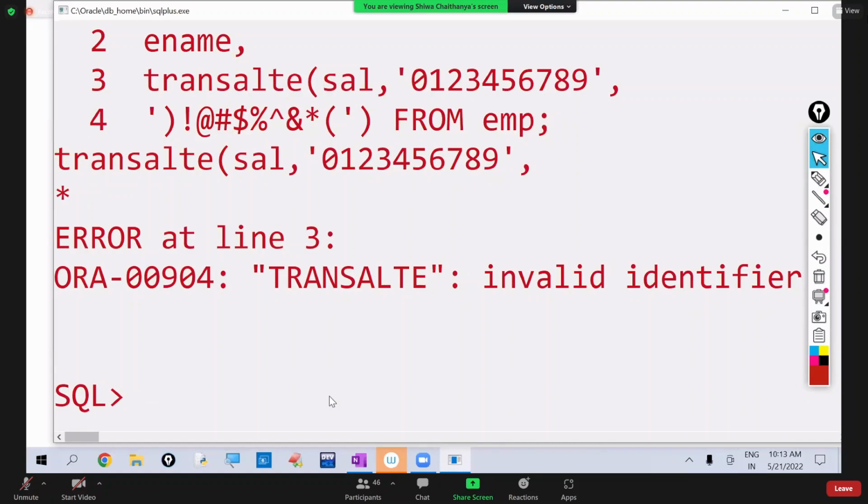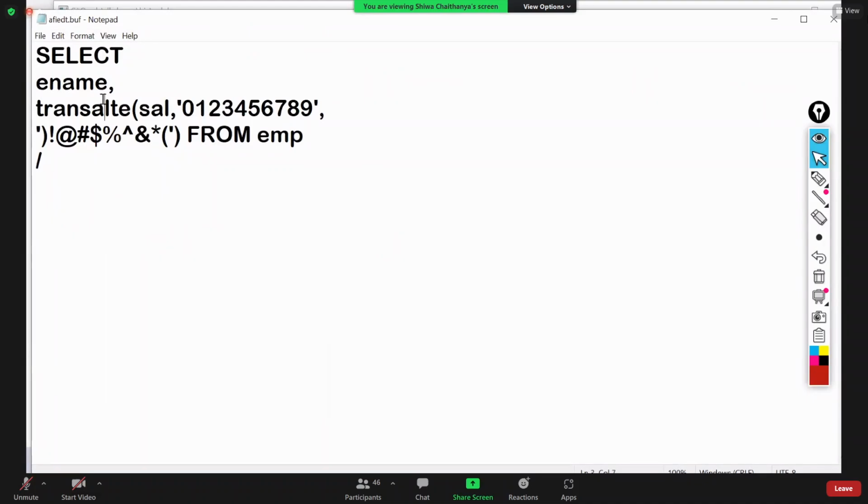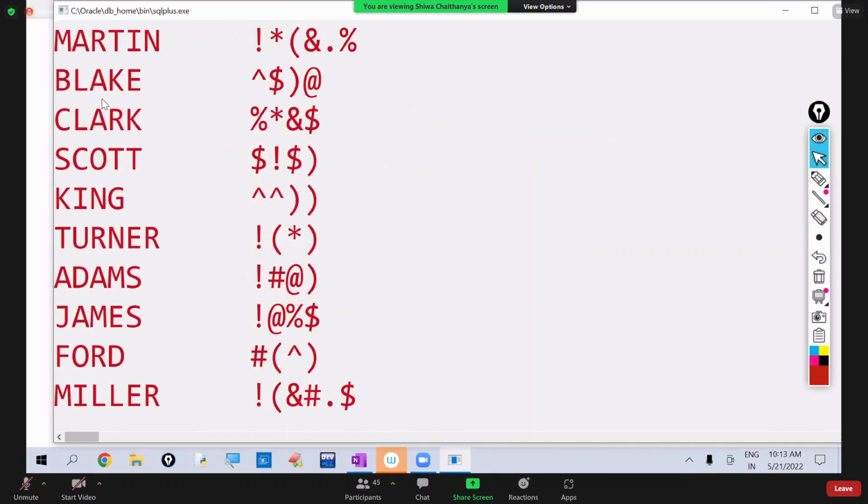Translate, spelling mistake is there. Let me correct this. Observe here, observe, it is displaying the